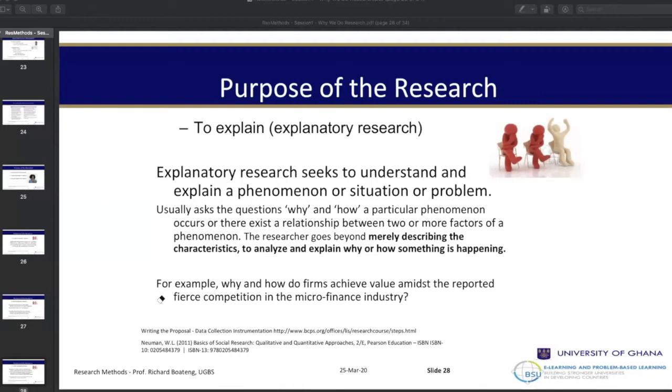let's use COVID-19 as an example. We have been told that it spreads through contact, and maybe through shaking of hands, and these are some of the means it spreads. There are so many other methods. But if you are told that it spreads through that, the question you may ask is, why does it happen? So that one, you want an explanation for it. But describing how it spreads is not the explanation of why it spreads through that particular medium.